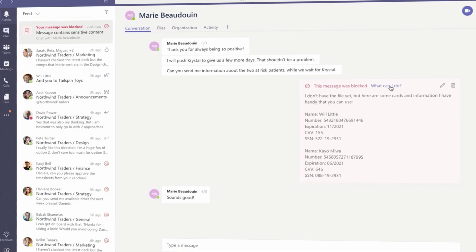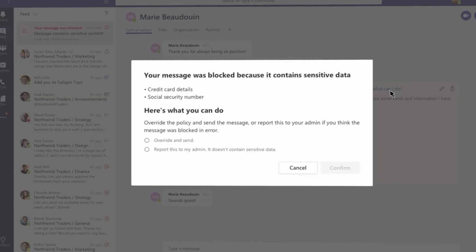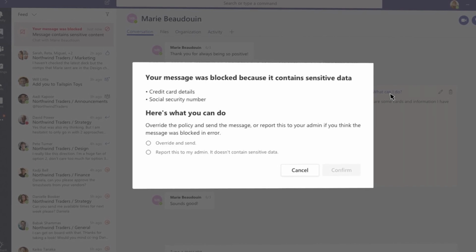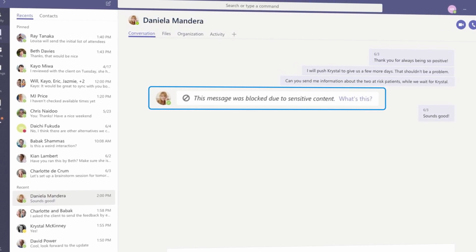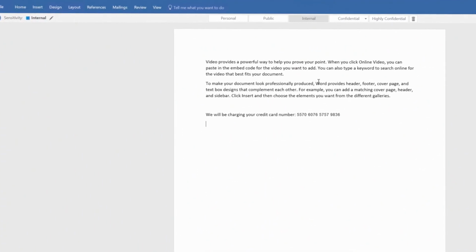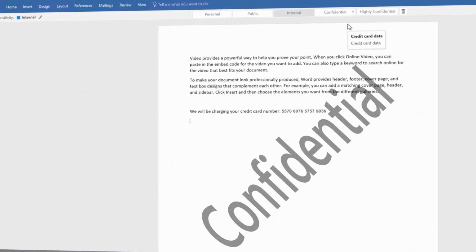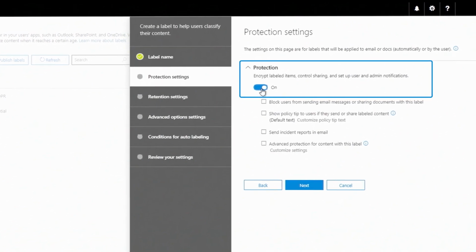Data loss prevention built into Office 365 Pro Plus helps inform users of security policies when high-risk content like credit cards or identification numbers are detected. Policies can inform or block sending and sharing after notifying users. Also, Azure Information Protection is a complementary service that can be used with Office, allowing users to easily classify and label their Office files. It can trigger automatic action on labeled files, such as encryption or locking down sharing.